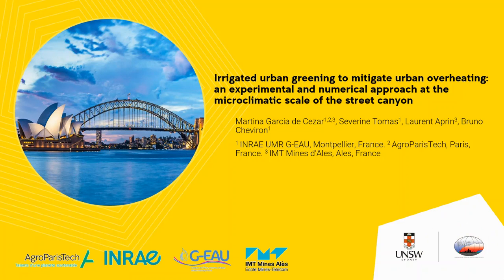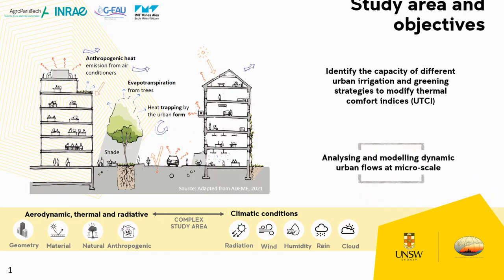Good morning. As indicated, I will present to you part of my PhD on irrigated urban greening to mitigate urban overheating, an experimental and numerical approach at the microclimatic scale of the street canyon. So in the context of climate change and with the need to find ways to thermoregulate the city, this project attempts to identify the capacity of different urban irrigation and vegetation to modify thermal comfort index in the scale of